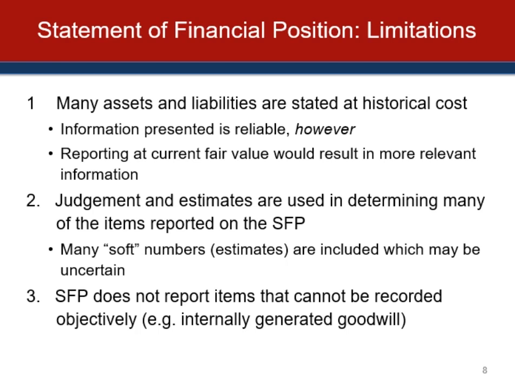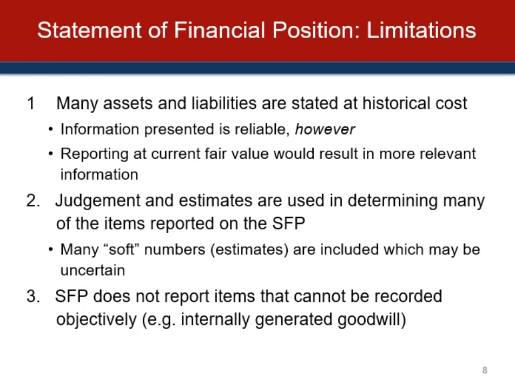Another problem is the extensive use of judgments and estimates, and of course those numbers might be different if we ask two different accountants or two different estimators what their estimate would be. It could be somewhat different. However, the structure placed on accounting standards tends to limit the amount of flexibility that's allowed within the estimates that we use. So it's not as big a problem as you might think it would be, because there are limitations on the degree to which you can exercise your judgment to establish